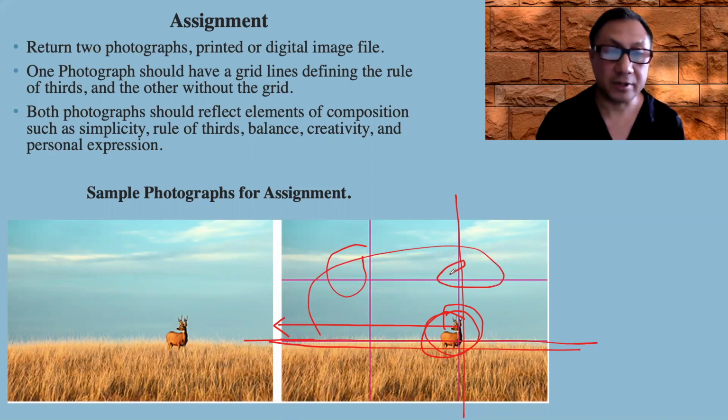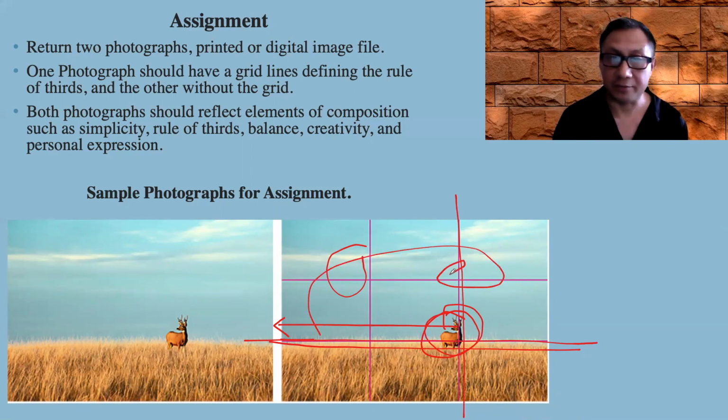So today is Thursday. You have until next Thursday to send me these photographs, these files, but by next Monday or Tuesday, I want to see files. I want to see what you're doing. I want to give you feedback. I want to have a conversation. I want to help you understand how to create balance with the rule of thirds, with these grids. So send me files, and then we'll have a presentation on Thursday. That's one of the main reasons I want to see these photographs. One without, then we present with these grids so you can explain why you made these decisions to arrange these elements in this rule of thirds grid to create interesting photographs, to create balance in your photograph,